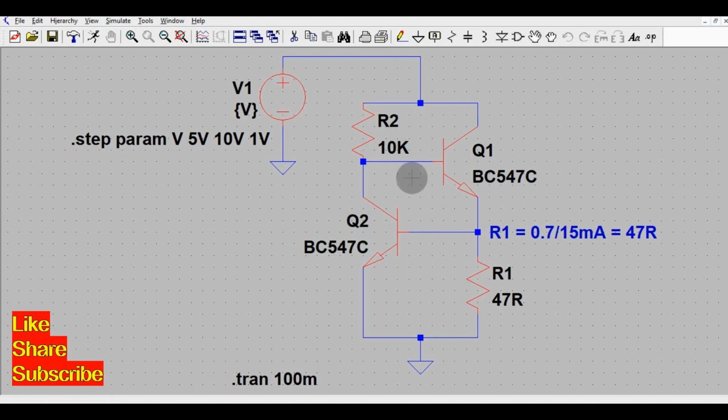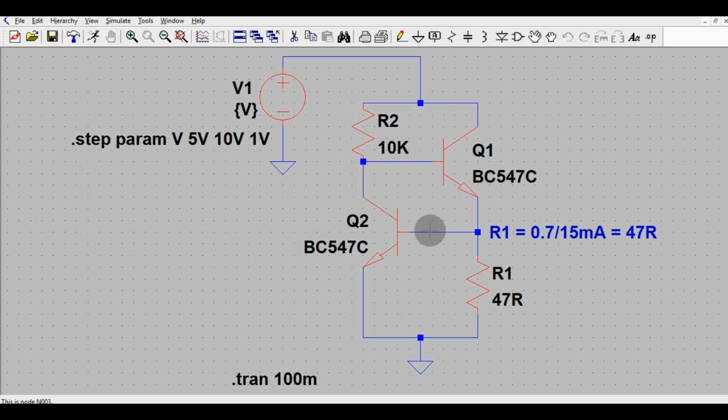So we will understand how this circuit works as a current limiter and how it limits your input current. Then I will show you the output current waveform in the simulation window, and I will change the value of the input voltage, and I will show you how this transistor works as a current limiting circuit, right?